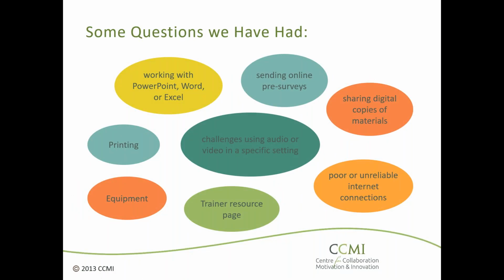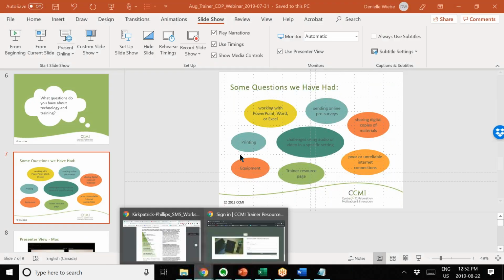Maybe we didn't talk about sharing digital copies of materials, like what can people share digitally, like send as a PDF to others. Yeah, that's a good point. Basically, our rule of thumb for sharing digital copies is you have access to digital copies of everything on the trainer materials site. But the rule of thumb for you sharing digital copies with other people is if it's on our website,